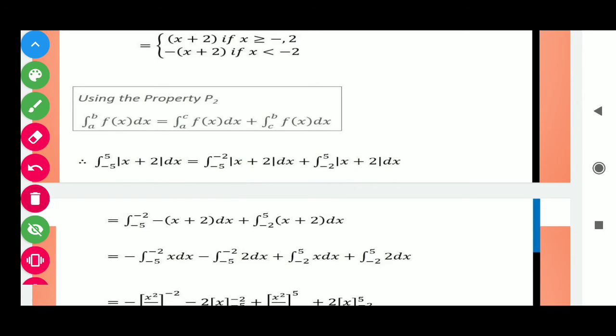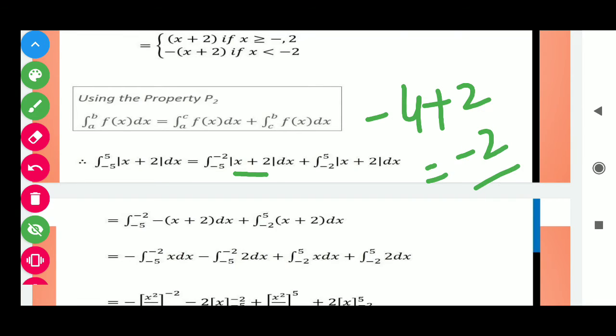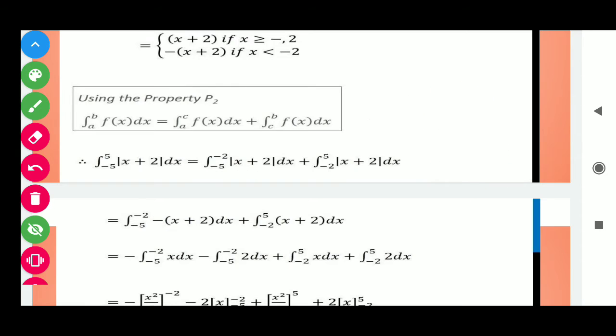Now students, you have to do this work by inspection. आपको by inspection एक काम करना है. For minus 5 to minus 2, you have to pick a point that lies between minus 5 and minus 2. Suppose you take the point minus 4, okay, and put minus 4 in this integrand, in this way we get minus 4 plus 2, a negative result. So students, you have to just put a negative sign and modulus, don't write the modulus sign here.